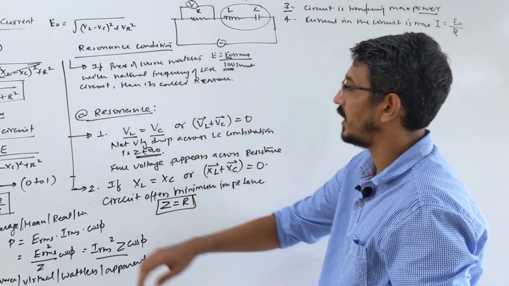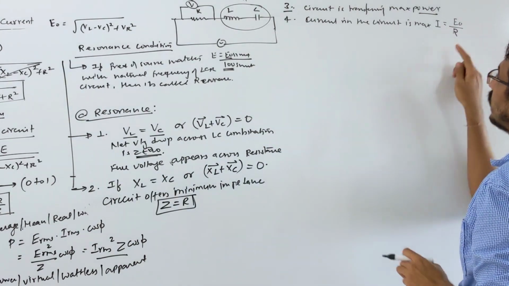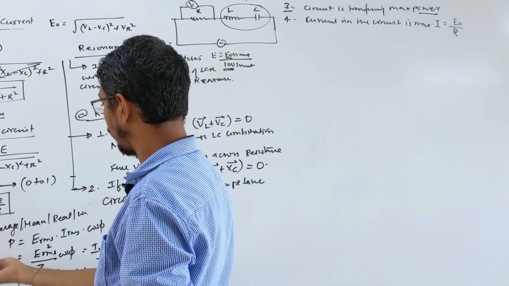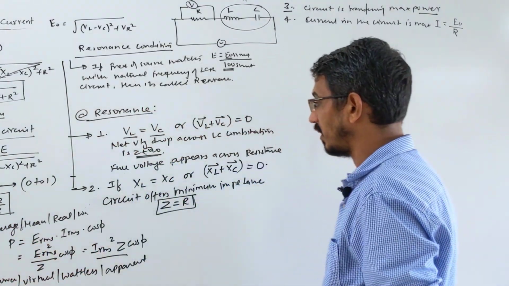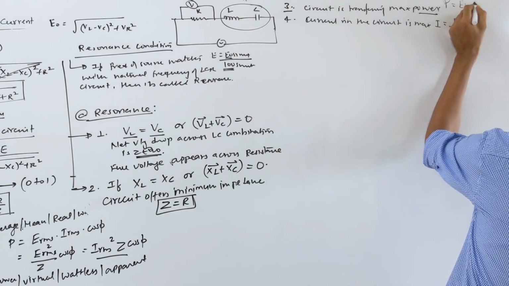We want to put the actual Z here, for current. But Z is equal to what? R itself, right now. So maximum current flows here, and power is also maximum. How do you write maximum power? It is in front of you: there is a power formula, E RMS, I RMS. So what is maximum power? E RMS and I RMS.